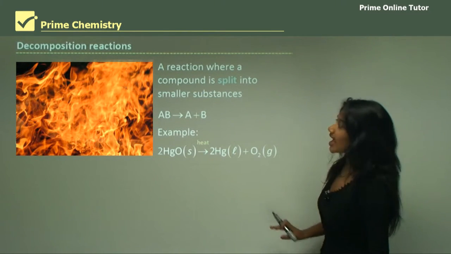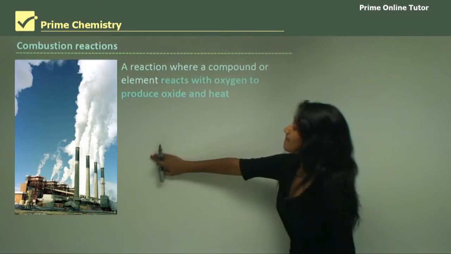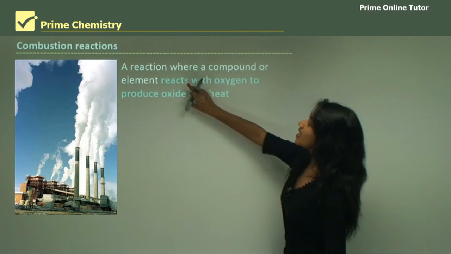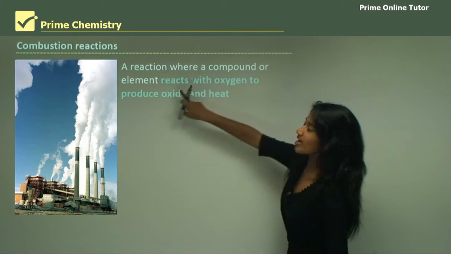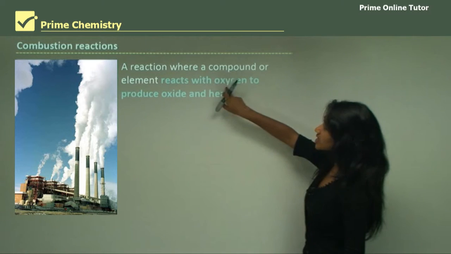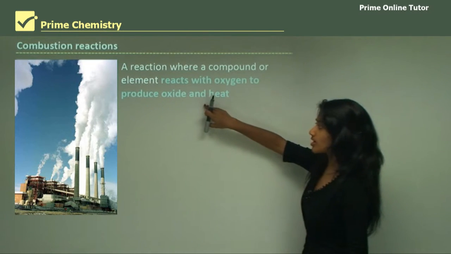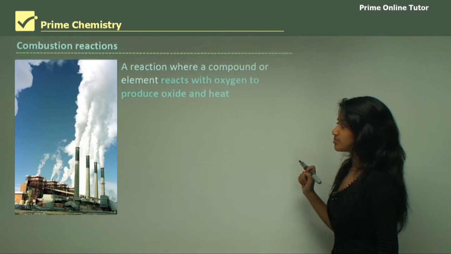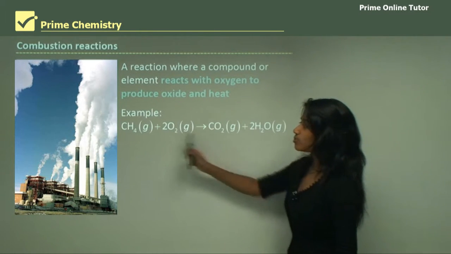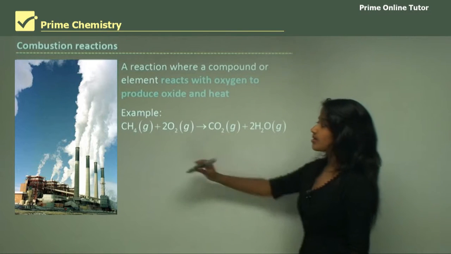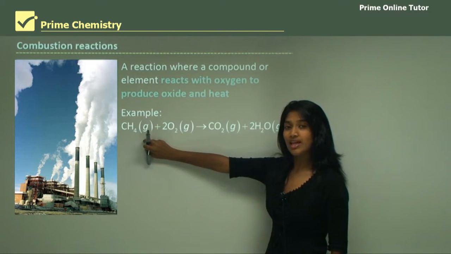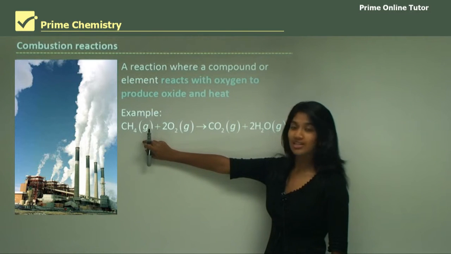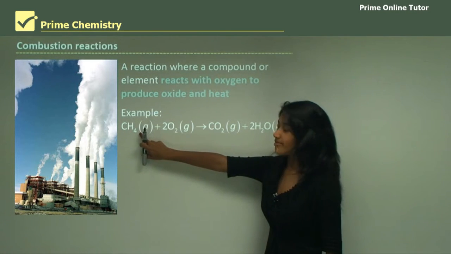So we'll be looking at combustion reactions now. A combustion reaction is where a compound or an element reacts with oxygen to produce an oxide and also heat. Now let's look at this more carefully. We have one equation like this. This is methane. You'll be learning about this in greater depth, especially in year 12, but also later in your course. So we have methane here